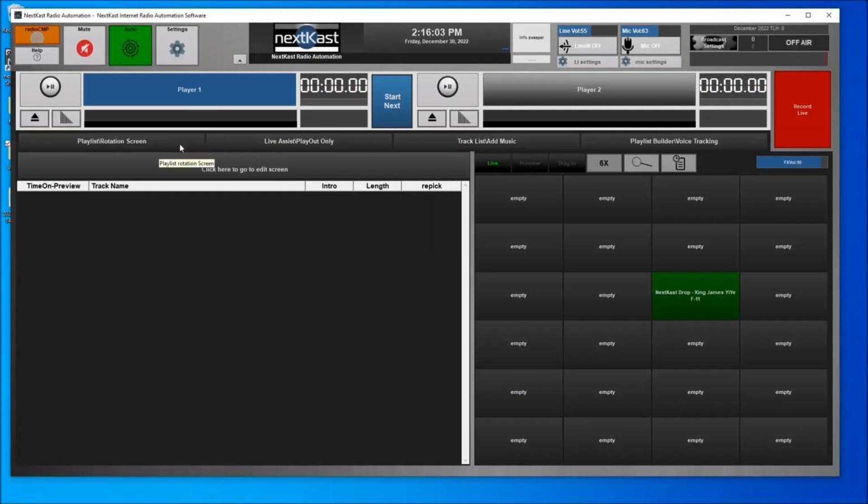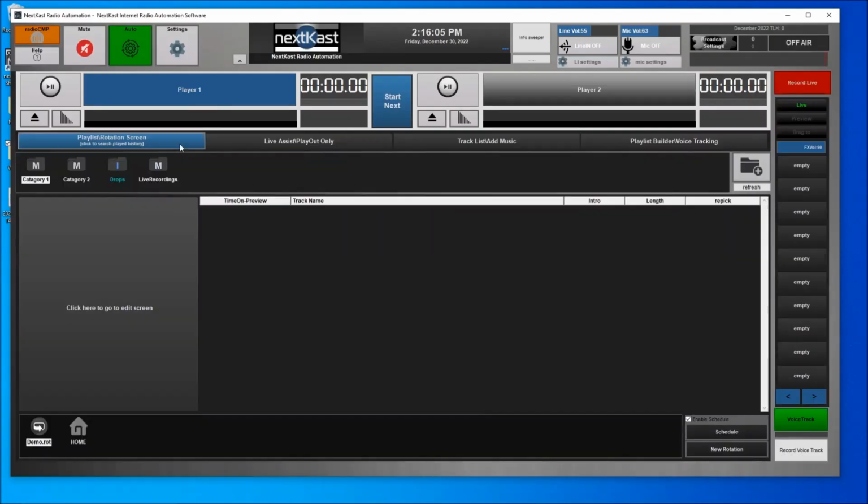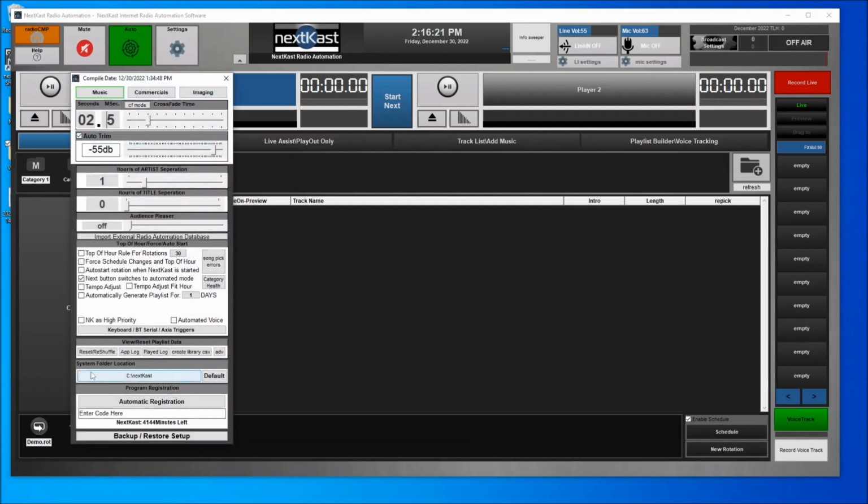So let's get started. An important factor is where you're going to store your data. When you import music into NextKast, the data are kept on either the local drive or one of the drives that you have set up. To set that up, the first thing you want to do is go to Settings, and you'll notice there's a System Folder Location